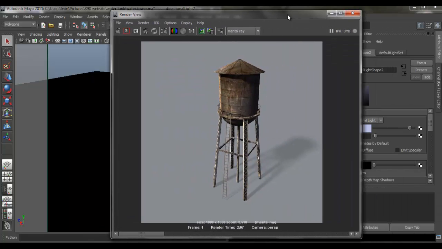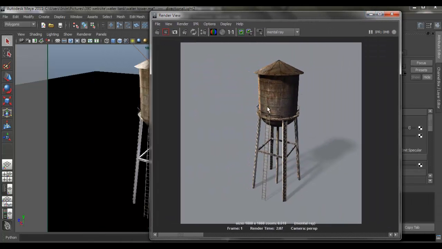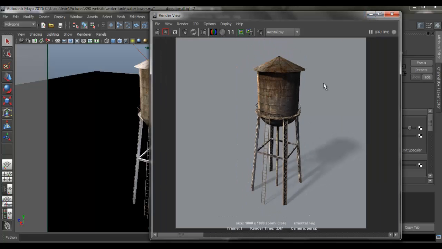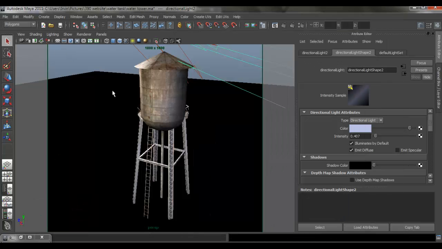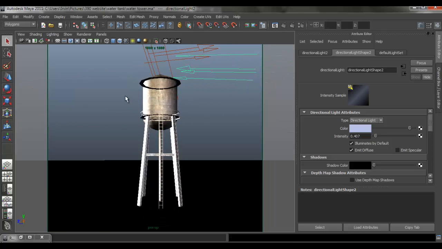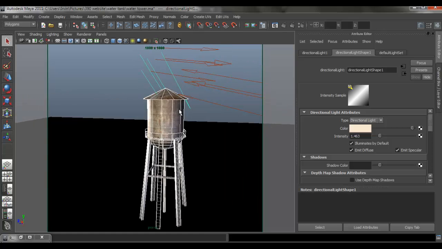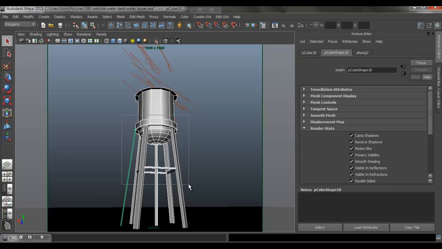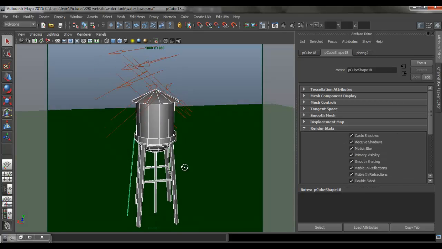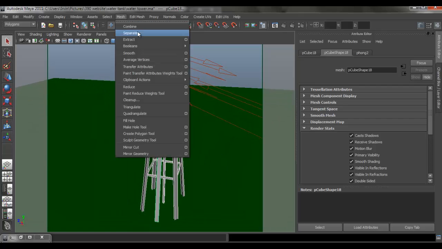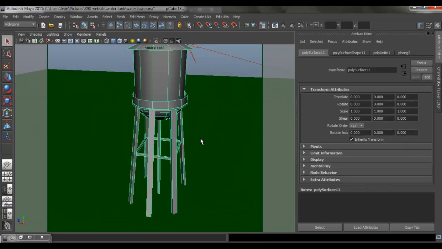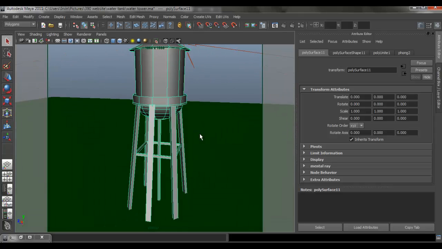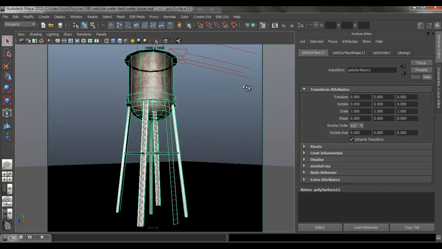And one more thing I want to show you is if you want to render a wireframe of the model here. Say you want to render a wireframe. First thing I'm going to do, let me save my scene. All my model is in different pieces, so I'm just going to combine it into one piece. Mesh combine. So now that it's one piece,